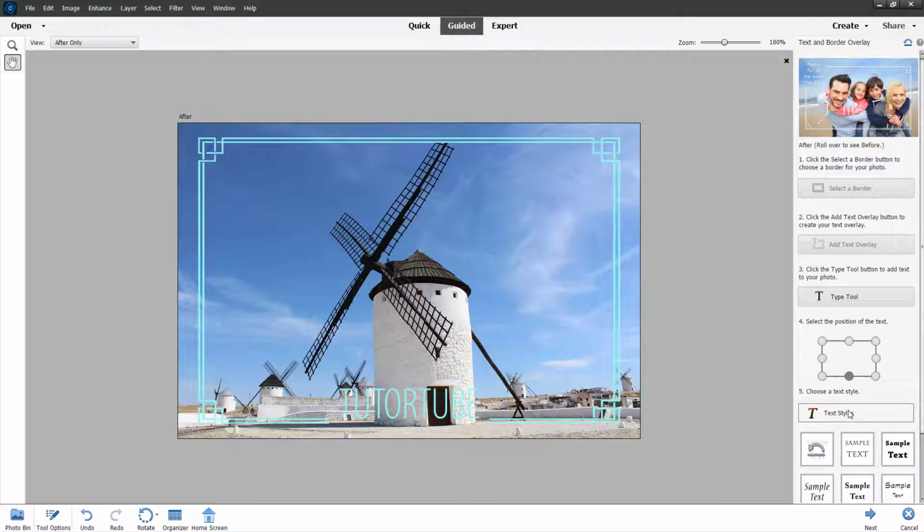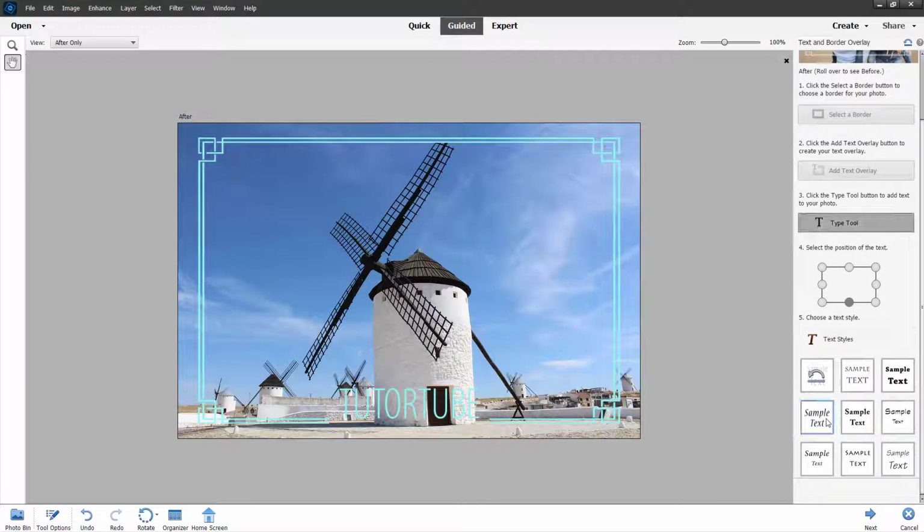You can go with the text style and then choose different text styles according to how you want as well. So you can go over here and choose the text style according to how you want, and that is what you have. And that is how you can work with and utilize the guided text and border overlay effect inside of Adobe Photoshop Elements. So hope you guys learned